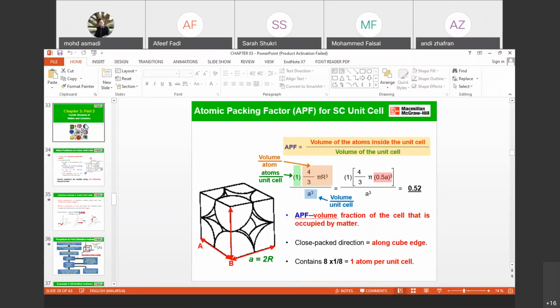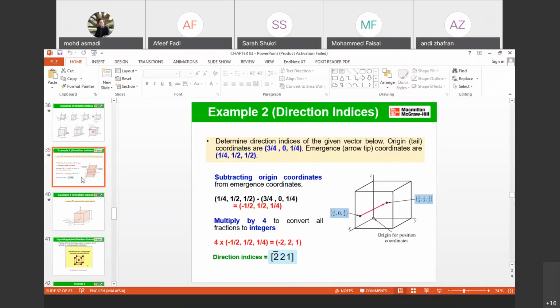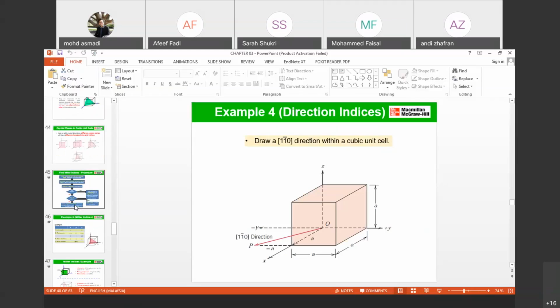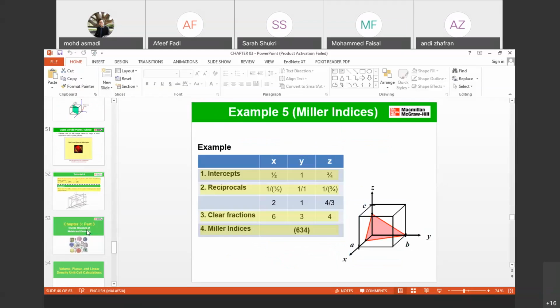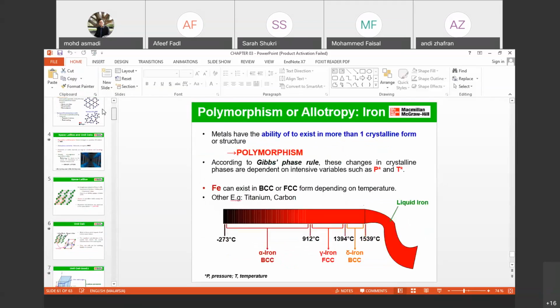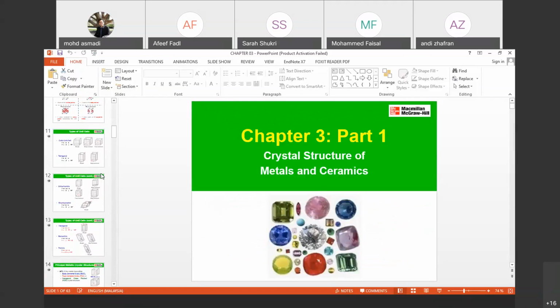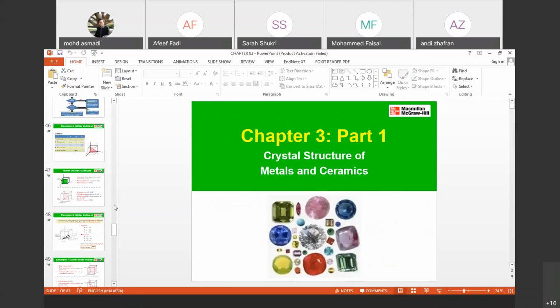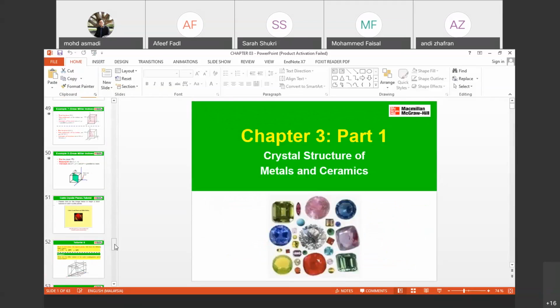Read this one. I think this is one of the core parts of this subject: how to determine the direction as well as the Miller indices. This one is really important. I'm going to upload it after finishing this, and please read it, so we will discuss it next week. Even though it's a very short chapter actually. Materials engineering chapters are really short. Any questions?